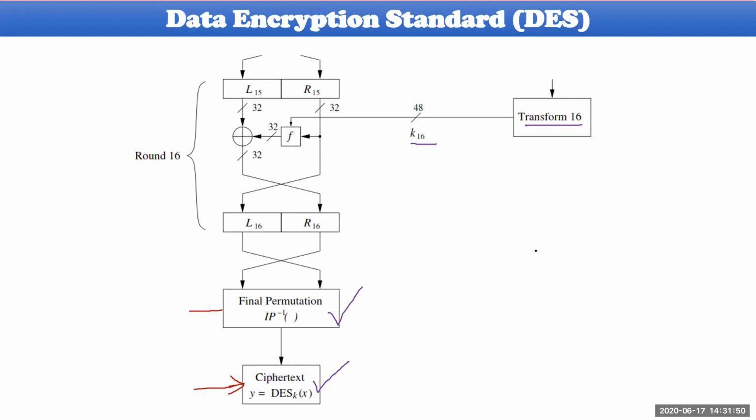I will draw a particular diagram for you on paper, and I'll send you the diagram as a photograph using WhatsApp. I will draw a complete diagram for you. However, this is the next level abstract view of DES. Now the question will be, what will happen at this place, at the function?